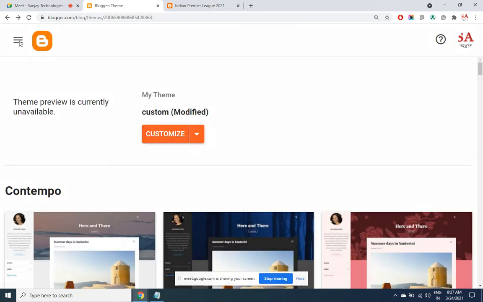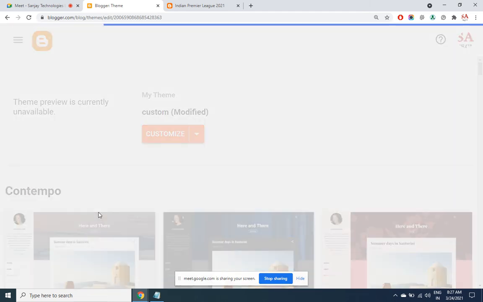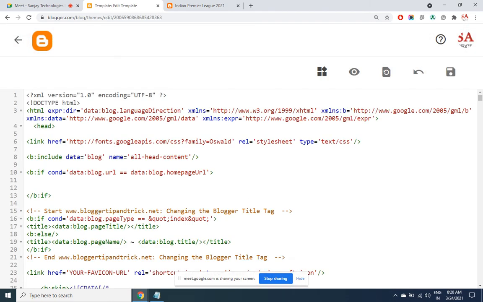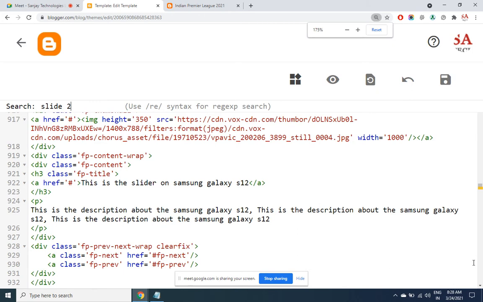So I'm going back to edit HTML and this time we'll change the image of slide 2. Make sure you click here and then press Ctrl F. If you search elsewhere, then it will be searching outside this code. So clearly written, slide 2 code starts.